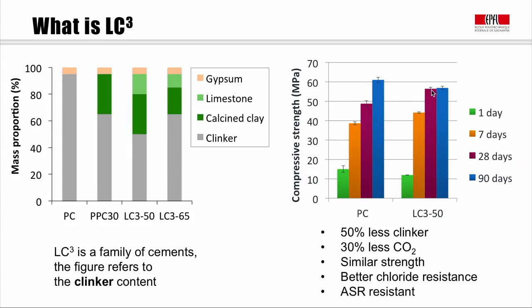So this is quite remarkable because it means for only 50% of the clinker, we have the same performance. This also means we have about 30% less CO2. We get, as I said, similar strength. And in some respects, we have quite a big improvement in the properties, particularly in respect to chloride penetration and